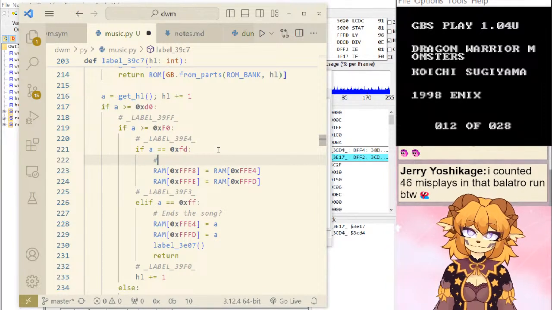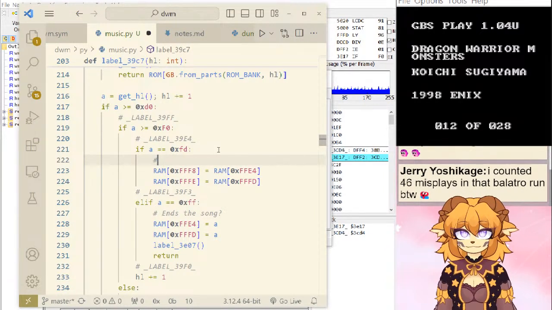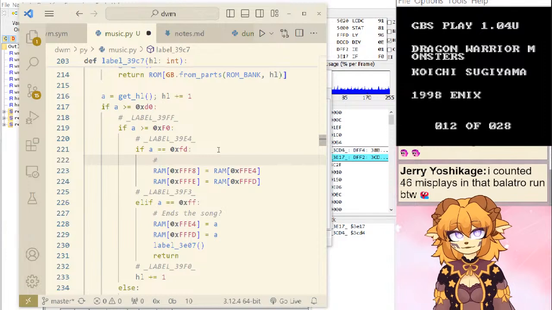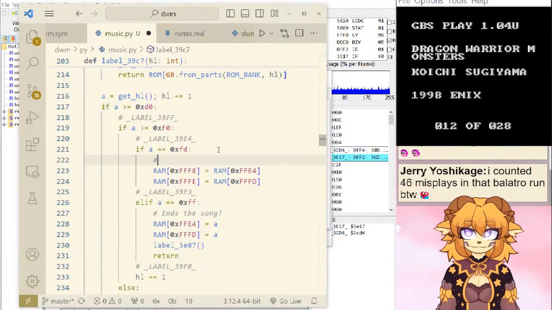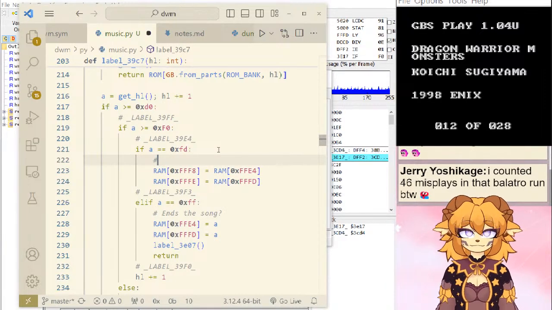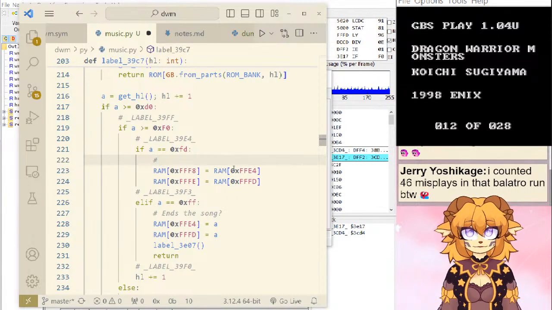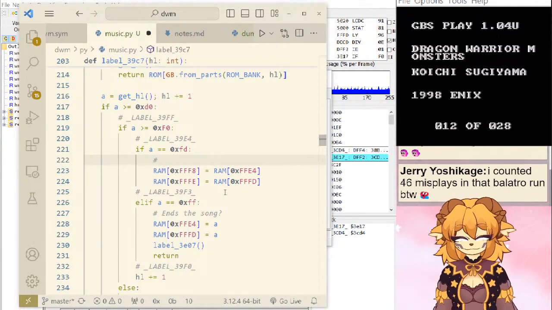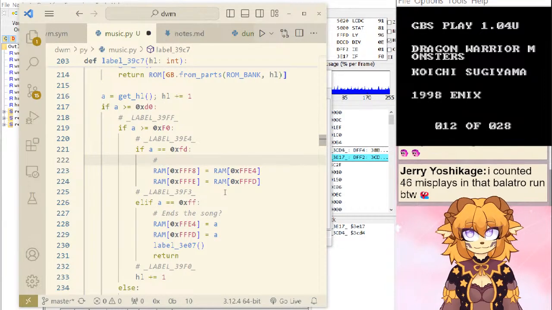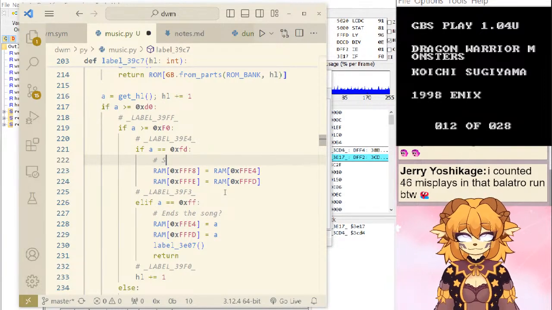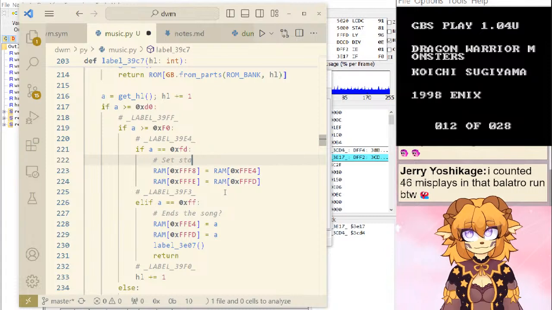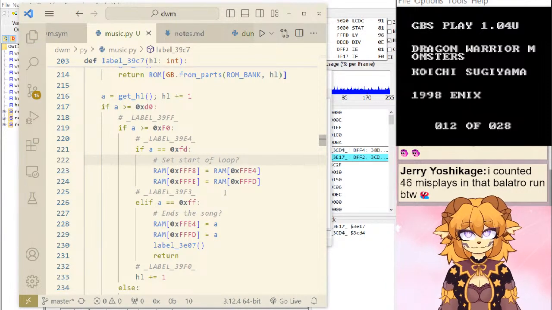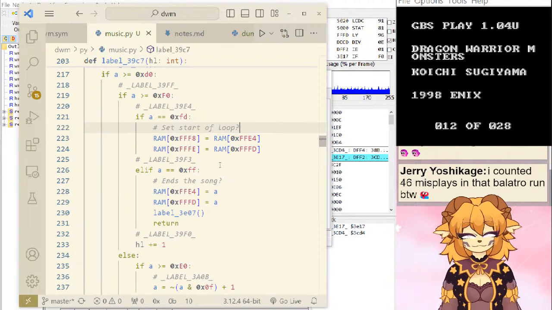So it'll have some sort of intro segment and then the main loop part of the song. And this sets the start of that loop part, as my guess. So we'll be figuring it out whenever we find the part that jumps to it.